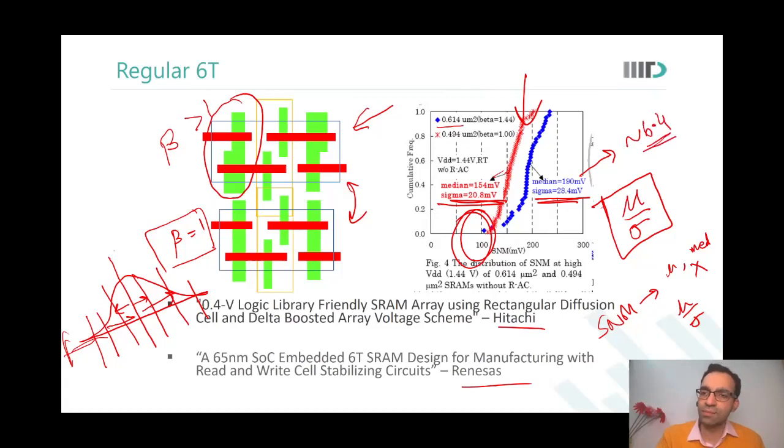Something like this. 6.4 hoga. What about the mu by sigma over here? Oh, 7.4 something. 7.4 something, sir. Okay. So even though the median value is lesser, we realize the sigma value is better, and that is why the worst